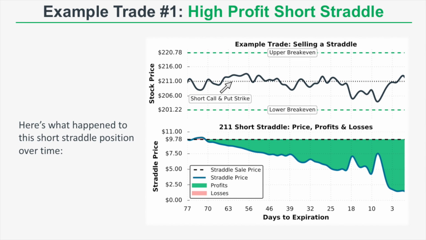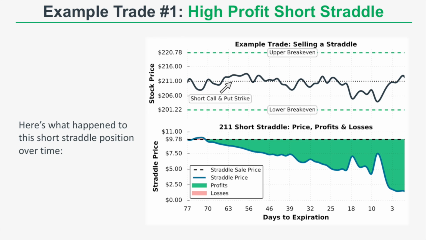Alright, so in the top part of this graph, we're looking at the changes in the stock price relative to the short straddle's strike price and also the break-even prices of the strategy. And in the bottom part of the graph, we're looking at the entry price of the short straddle and the changing price of the short straddle through time, as well as any corresponding profits or losses based on that new price. So as we can see here, the stock price remains right around the short straddle strike of 211 over